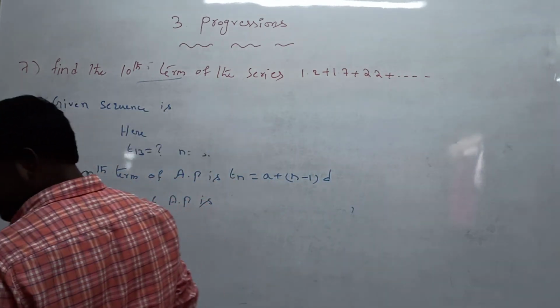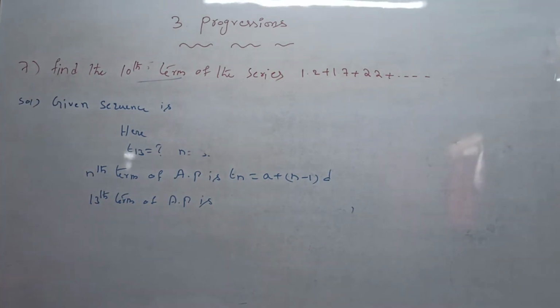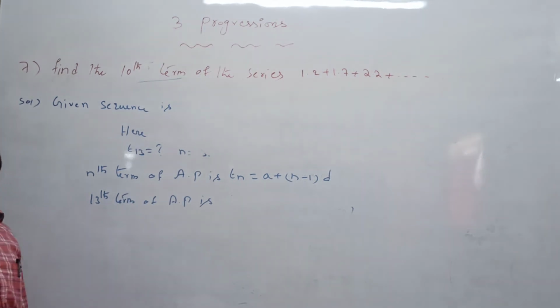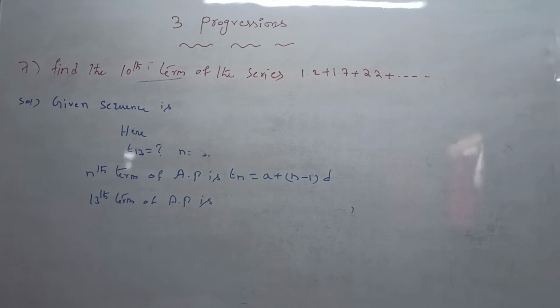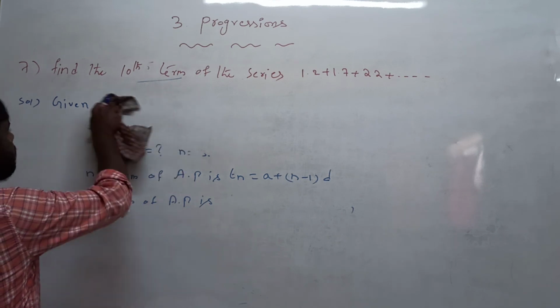Before, they gave a sequence; now they give a series. I already explained the difference between a sequence and a series. A sequence is elements separated by commas. A series means the sum of all the elements in the sequence. So now the given series is